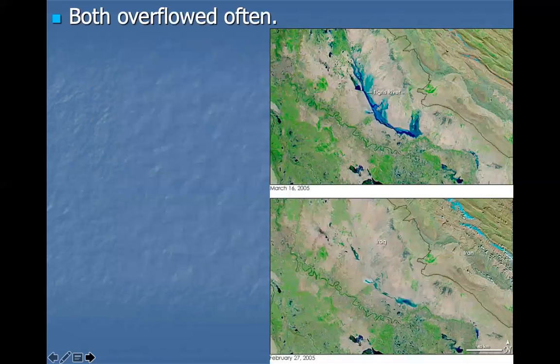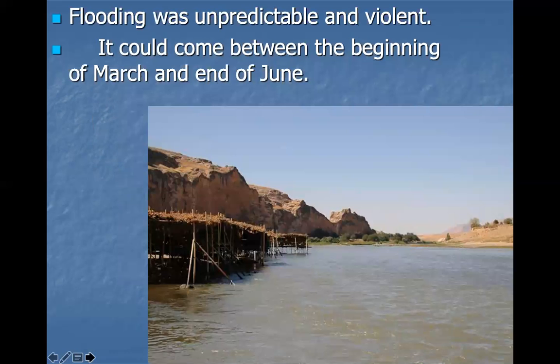Both rivers overflowed, and the flooding was very unpredictable. Here's something you look at when you talk about geography. The flooding is interesting to me because it's the reason you have fertile soil, but it's also unpredictable. It could come between March and the end of June. Just think about the flooding around here. Flooding isn't a good thing; it ruins people's businesses. In a lot of cases, roads are washed out, people are washed out. Bad things could happen, especially back then.